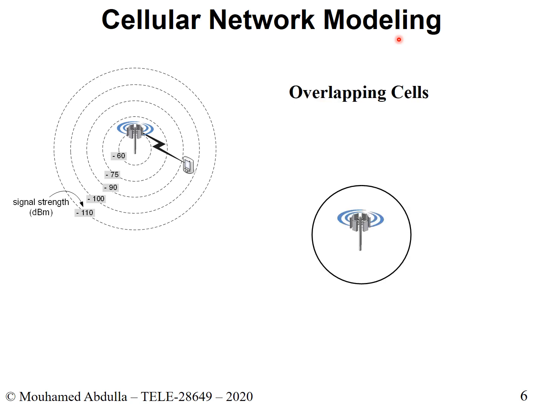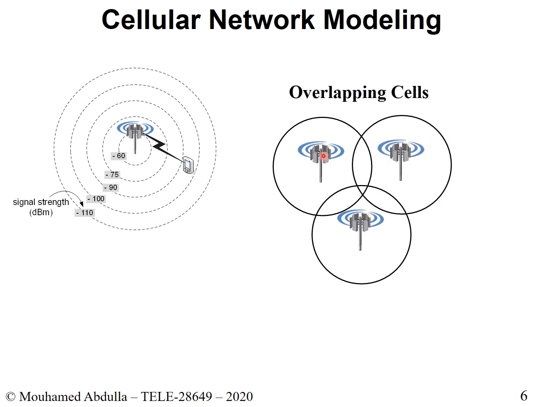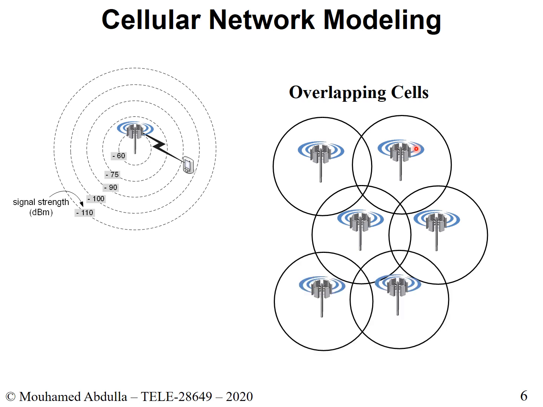So let's look at this. You have your cell. So this is your cell, let's say this one here. I'm just redrawing it here with a smaller size, and I also removed the inner lines of the power, but that's understandable, right? You have a cell, and around you have neighboring cells. So this is one eNodeB. This is another eNodeB. This is a third eNodeB. This is a fourth eNodeB, a fifth, a sixth, and a seventh eNodeB. And let's say you have others as well, an eighth, a ninth, a tenth. You have all these eNodeBs everywhere.